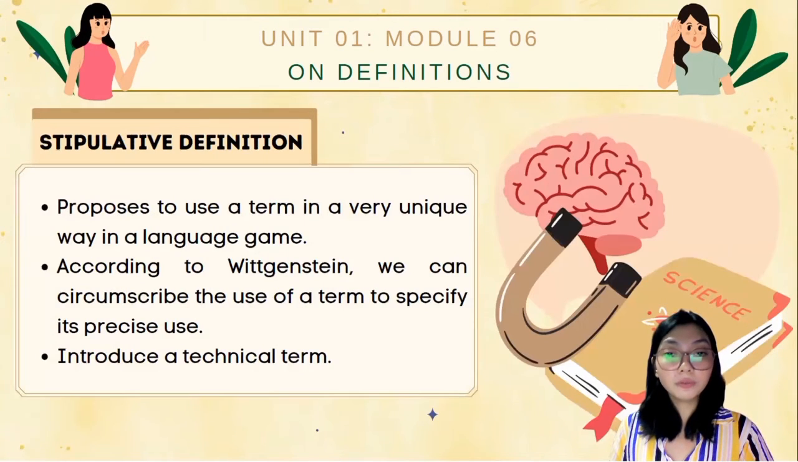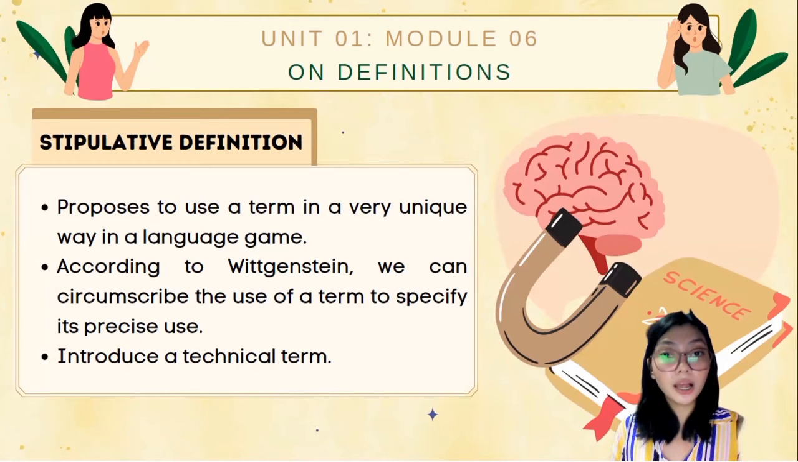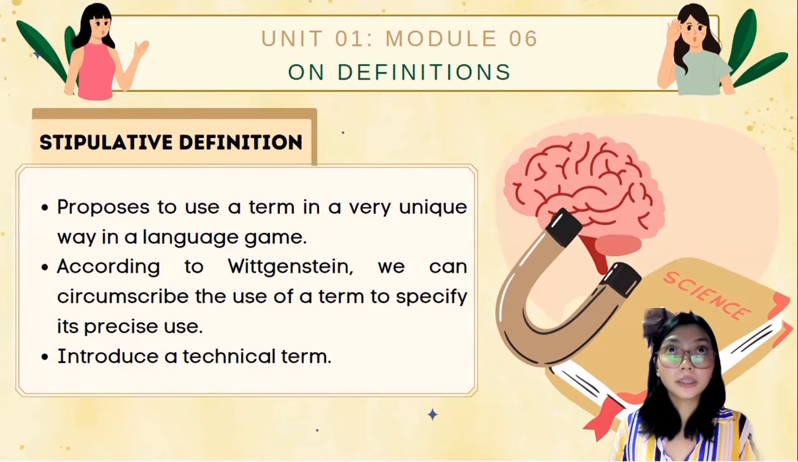And so, moving forward with the next definition, which is stipulative. This definition suggests using a term in a very unique way in the language game. And unlike reportive definition, stipulative does not use any term conventionally. So, for many specialized purposes such as conducting scientific research, enacting legislation, and coining a term in philosophy, and the likes, according to Wittgenstein, can be